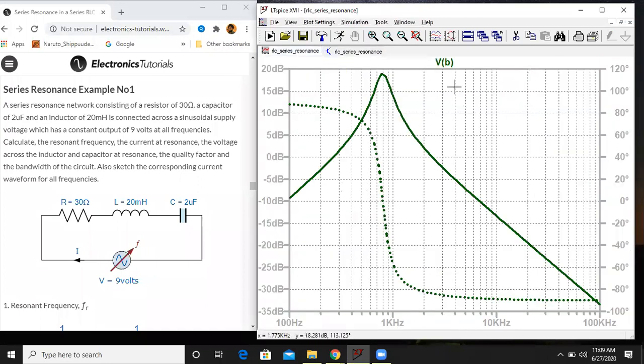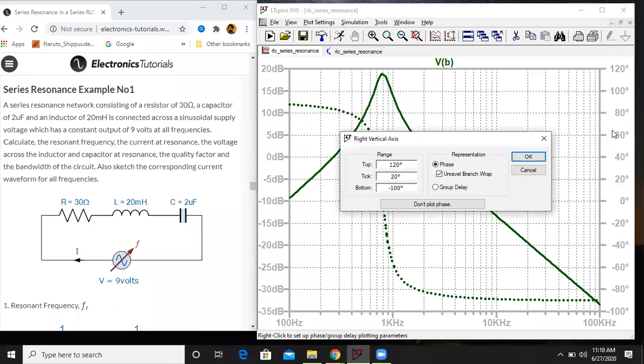Did you all get this kind of a graph, everyone? Are you all getting this kind of a graph? Yes, sir. Okay, so here on the right hand side you have angles. Basically this is called a magnitude and phase plot, which has the name of Bode plot, which you will become familiar with in the higher semesters. But we are only interested in the magnitude plot, and we only want to calculate the resonant frequency. So right click on this degrees axis and click on don't plot phase.